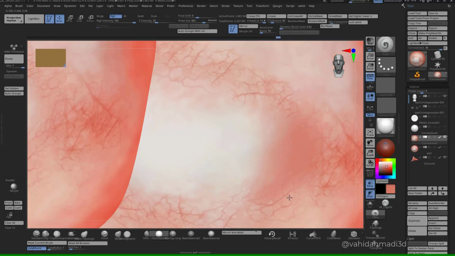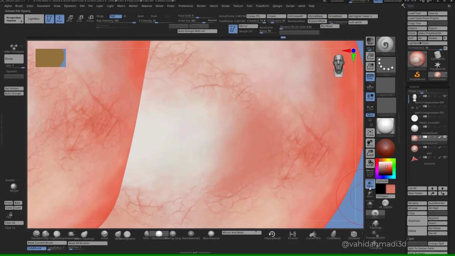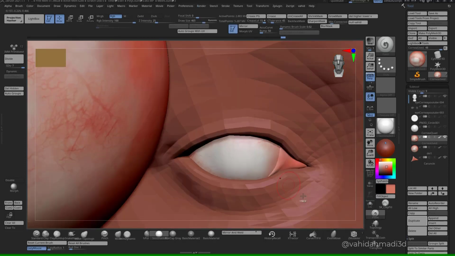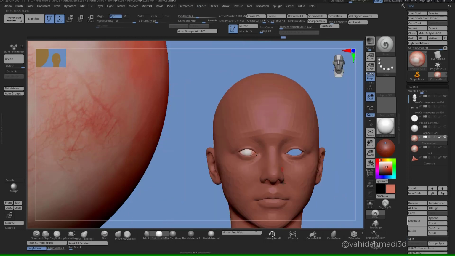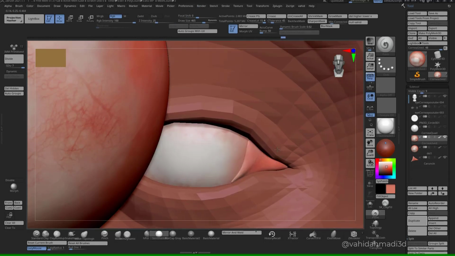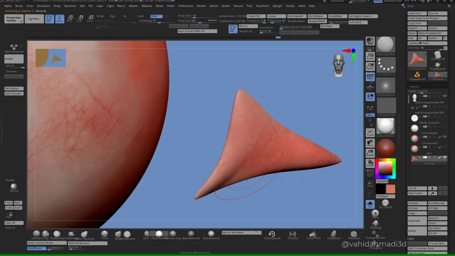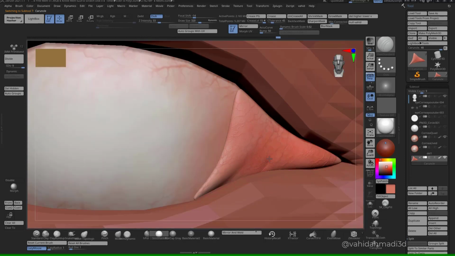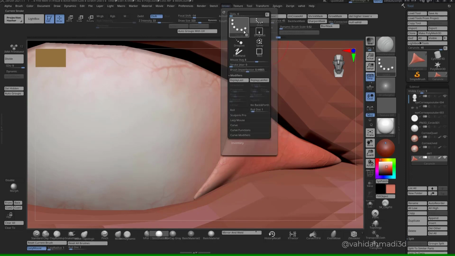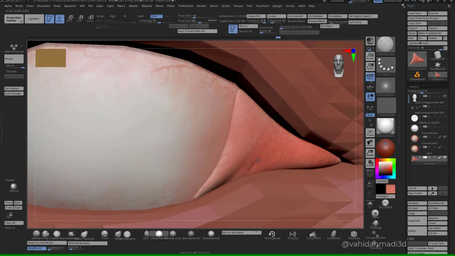Transparency goes to brush underneath. Go back from flat mode. Now I want to sculpt this a little. So I reset all of my brushes, select my Dam Standard brush. I do so, and let's get rid of these imperfections. I just increase the roll distance all the way up. I just did